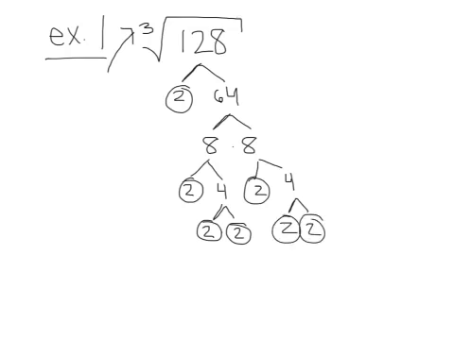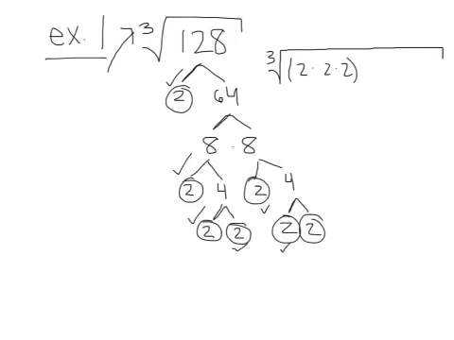Now, I'm going to rewrite this. I don't expect you to do this every single time, but please put your pen or pencil down and just look at how I'm doing this. We have the radical, and we broke the 128 down to all primes. So we have this 2, and this 2. So I'm going to write 2 times 2 times 2. That's a cubed root. Now I have another set. I have 2 times 2 times 2. So I'm going to write 2 times 2 times 2 under my radical. And now I have this last